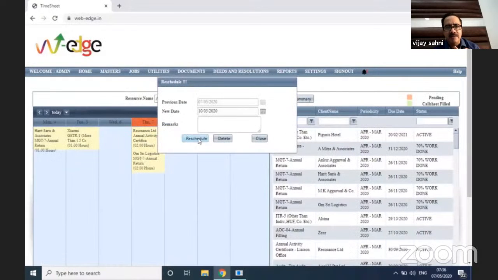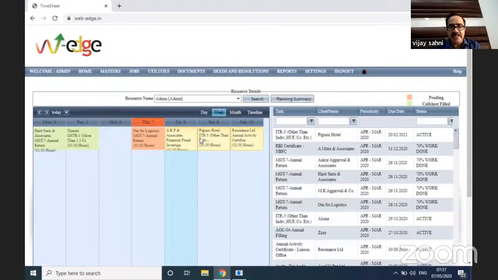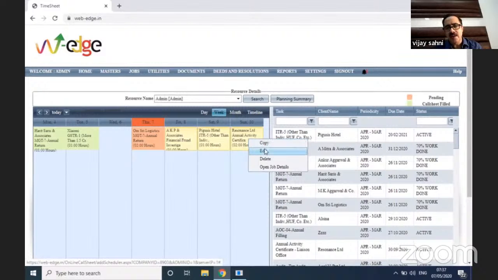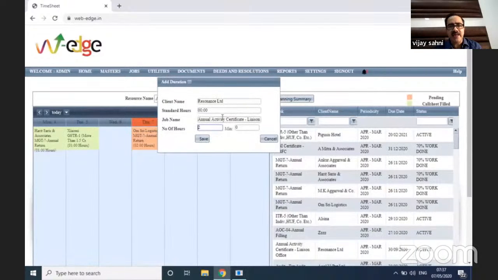So I can move it to the 10th and provide the remarks, the reasons why I'm rescheduling it. And if I press this button, it will automatically move to the next date, right? Similarly, I can again right click, I can delete it, I can edit it, but I can delete it only if the date has not gone by, right? Otherwise, for previous dates, I can't delete it, I have to move it,